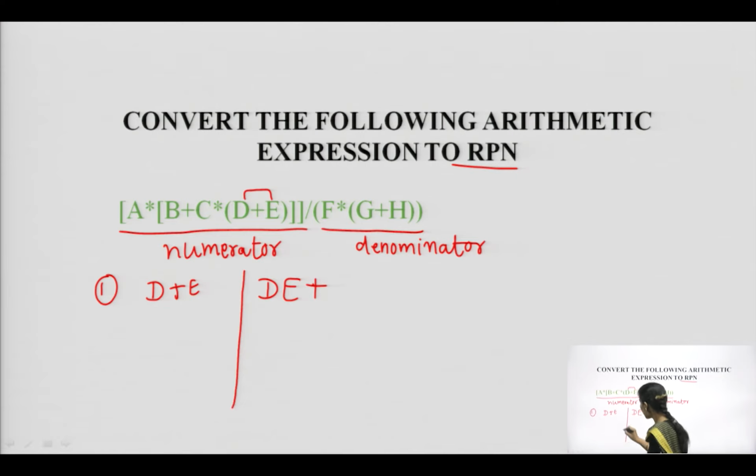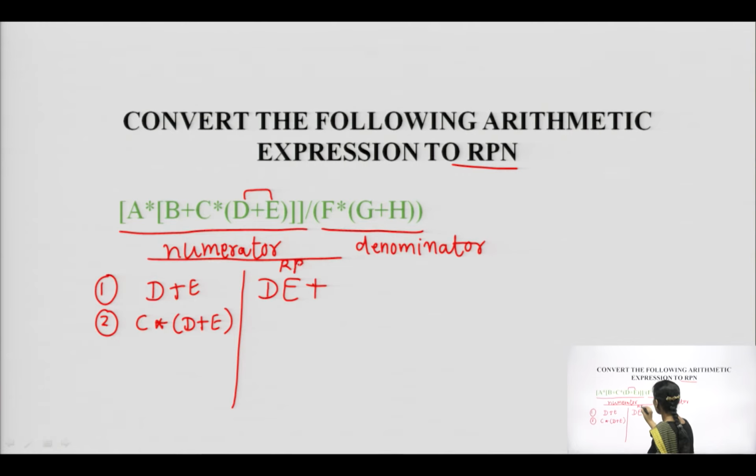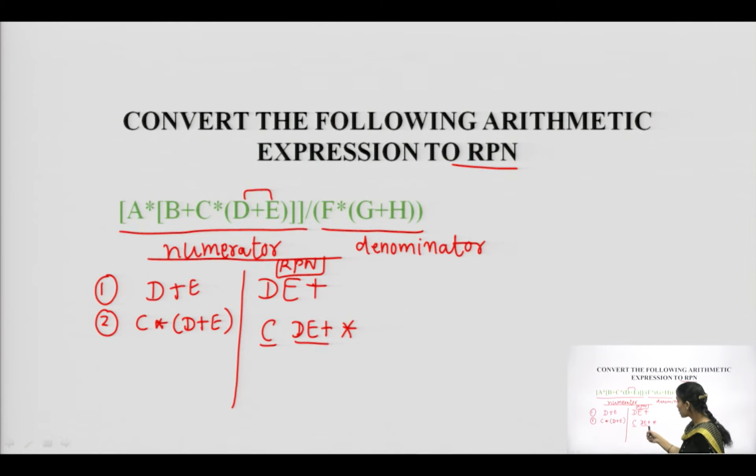In the second step we will be solving C cross D plus E, and the desired RPN value will be C as one operand, DE plus as the second operand, and the multiplication operation